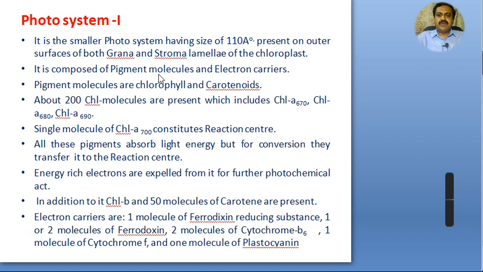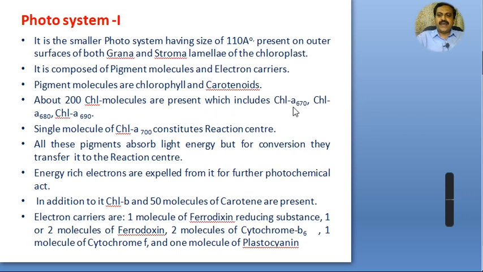It is composed of pigment molecules and electron carriers. The pigment molecules are chlorophylls and carotenoids. It contains about 200 chlorophyll molecules,